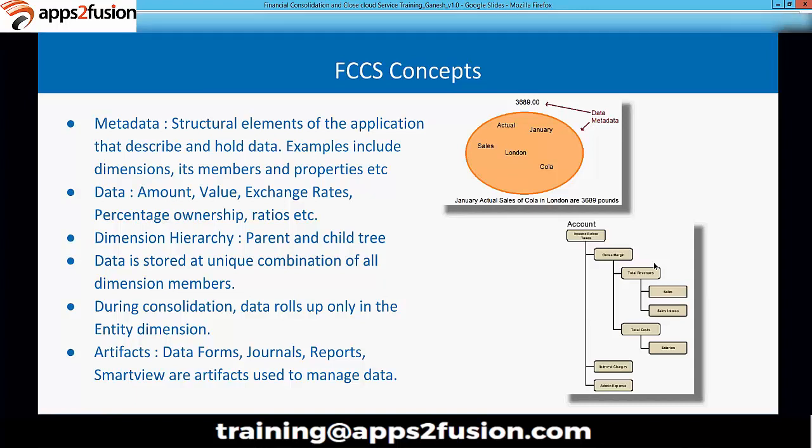Many of the dimensions within the consolidation application have hierarchies. Some dimensions, for example, the scenario dimension, will not have a hierarchy. The currency dimension will not have a hierarchy either. But if you see account, entity, or product dimensions, all of them will have hierarchy. And the most important hierarchy, I would say, is the entity dimension hierarchy, because that is what determines how